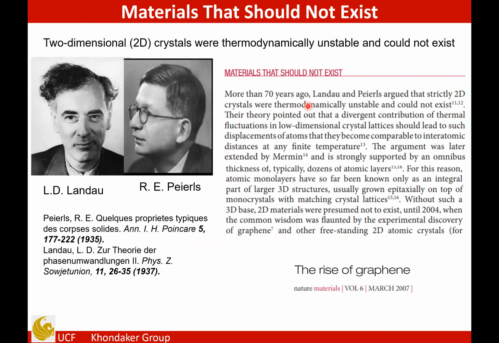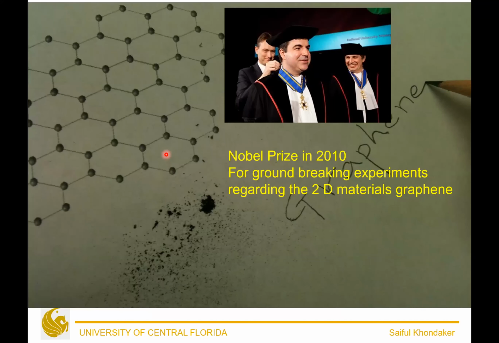এর কারণ হচ্ছে যে there were two famous theoretical physicists who said in 1937 যে 2D materials cannot exist because they are not thermodynamically stable. And sometimes the theory people such as Landau, Peierls, when they say something, we all listen to them. So people believed this was going to be true, so nobody really tried that hard to obtain 2D materials. But the situation changed in 2004 when